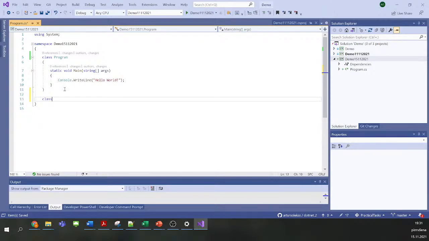In this case we say that my program is a subclass of the class program. So that's the syntax, and there is actually no way around it.